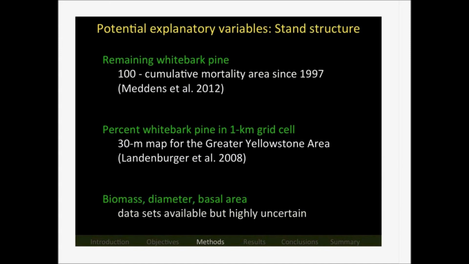For stand structure, we represented that with the remaining white bark pine. Because we're working at a 1-kilometer spatial resolution, that equals 100 hectares. So 100 minus the cumulative mortality area since the outbreak began in 1997 gave us an estimate of the potential remaining white bark pine. We also used the percent white bark pine in each grid cell, and this comes from